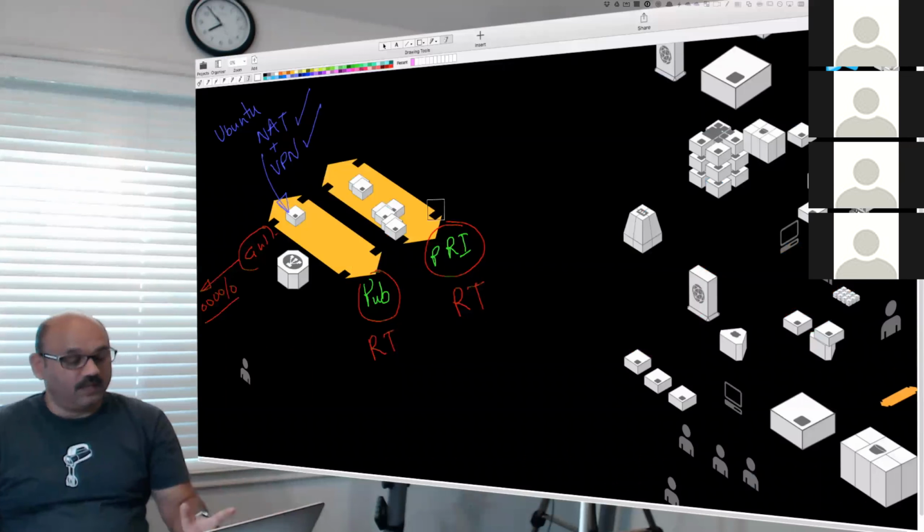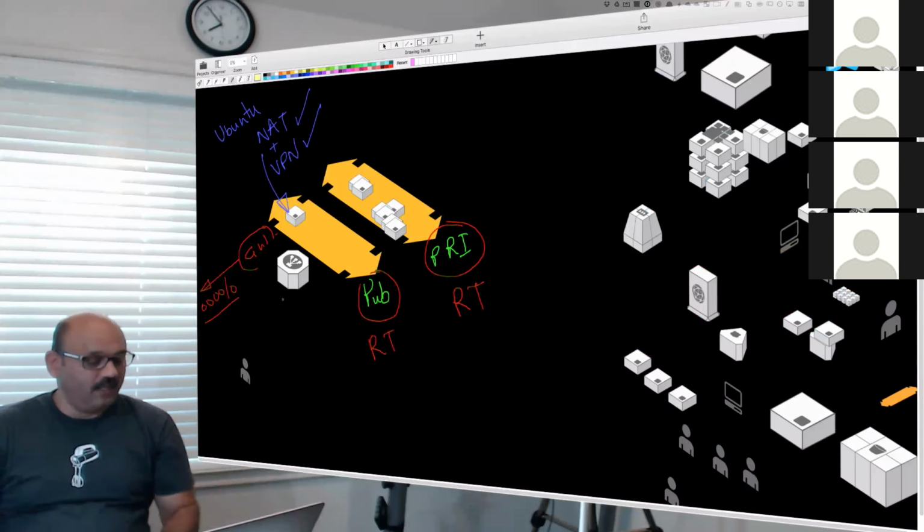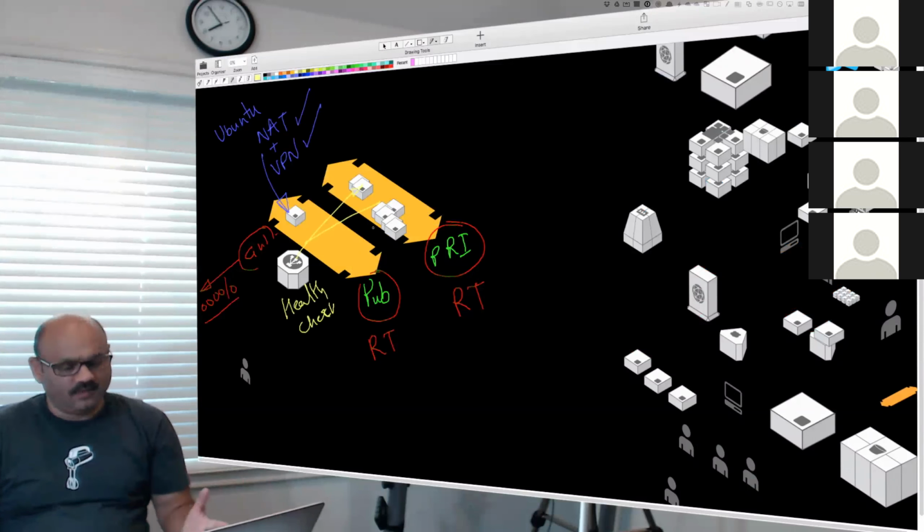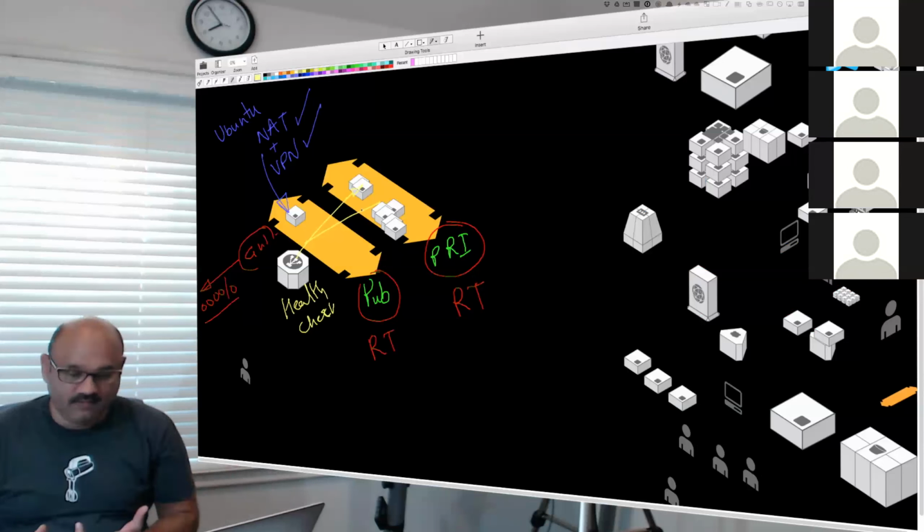But what we are doing is making sure that we are introducing health checks here. Health check. And what does a health check do? It basically looks at every one of these machines, every 5 minutes, or every minute, or every second, depending on how you configure it, and then asks, are you alive?